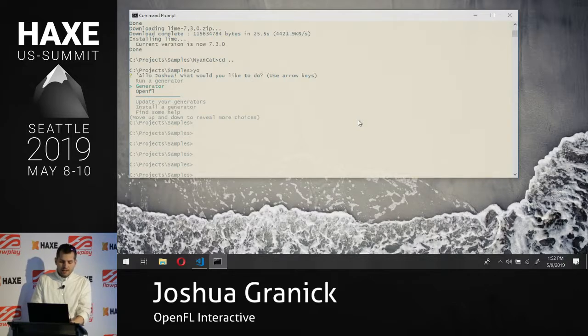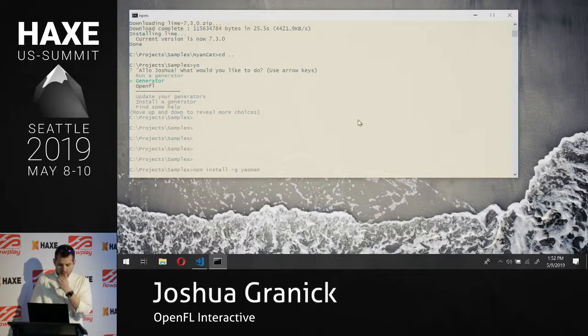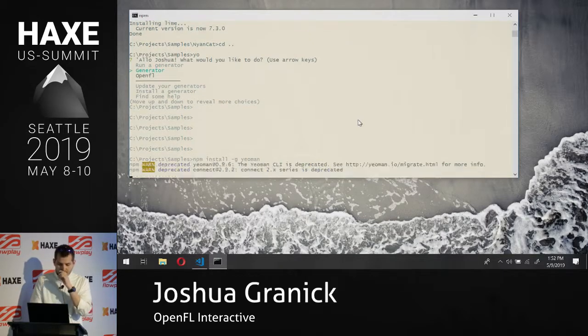We have a generator project for OpenFL that's compatible with Yeoman. So anything on the web nowadays is going to involve npm, basically. So npm install, and you can do -g to make it global, Yeoman installs the,